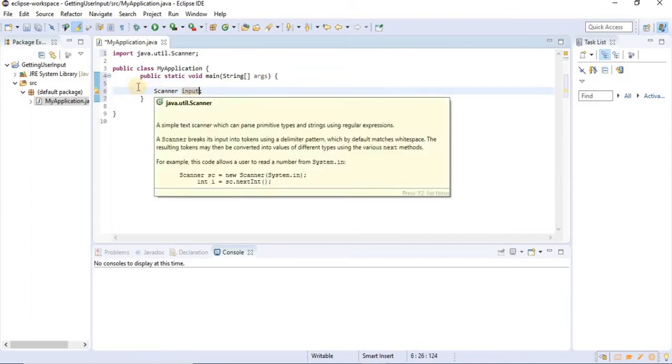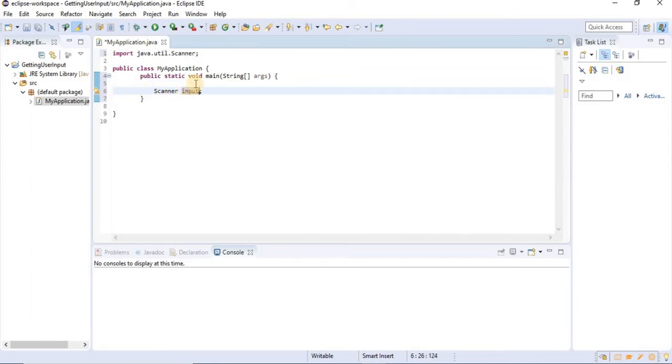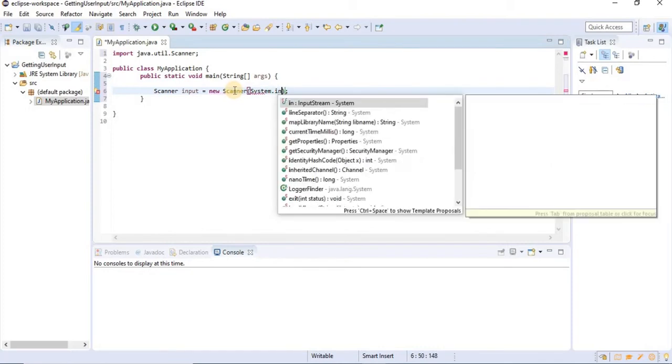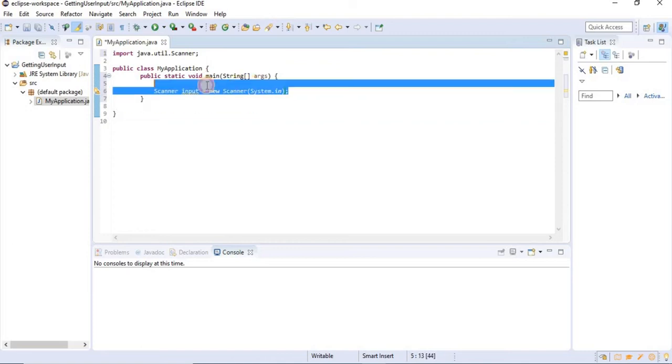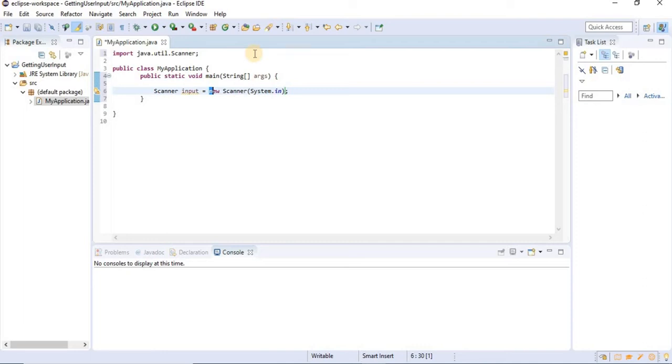So I have a Scanner variable in here, but currently it doesn't refer to any Scanner object. So I'm gonna type here new Scanner(System.in). Don't worry if you don't understand the syntax, because we'll go through it later on. So what I'm doing here is creating a new Scanner object, and I'm passing to it the standard predefined System.in